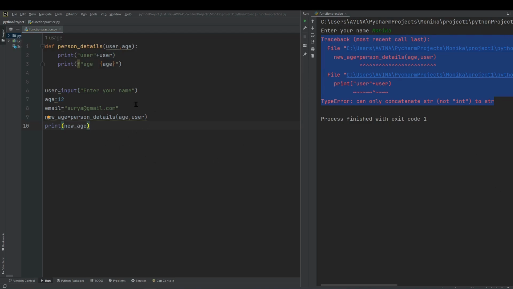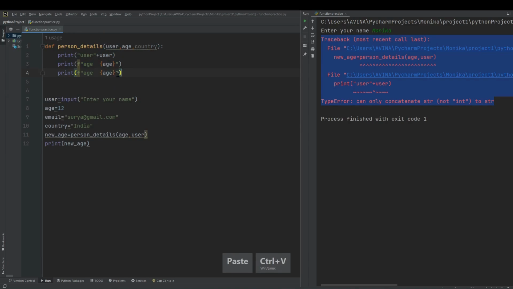Okay, now suppose in the same function I want to pass country as well. So the default country is India. Here I am passing country as India. Now let's say we have a country as well, and we'll print that country here. You understood till now, right? So we are passing country here, plus I'll pass this country as a variable. We don't need an f-string here because it is just a string. Now understand here, if user is passing age, user and country,